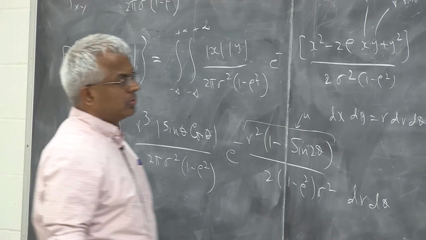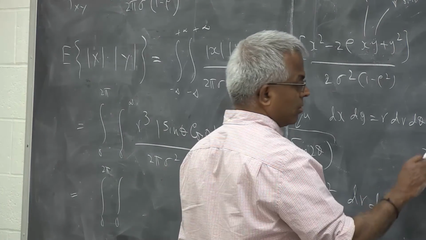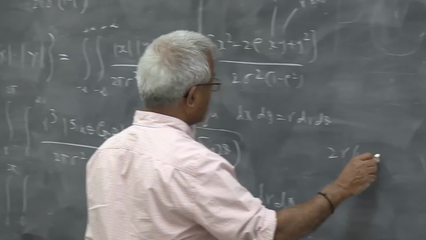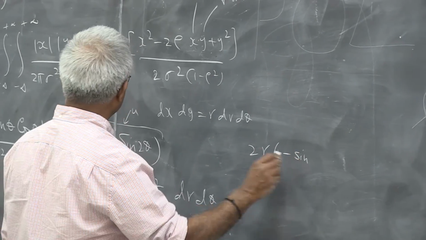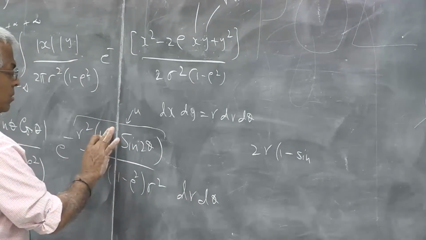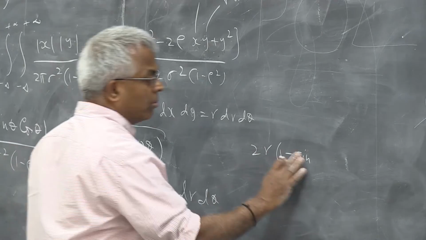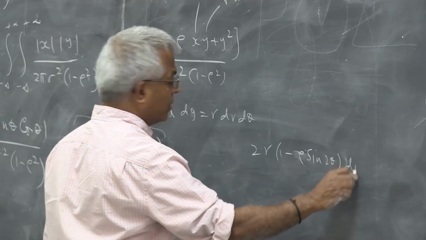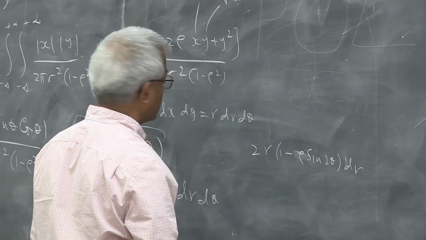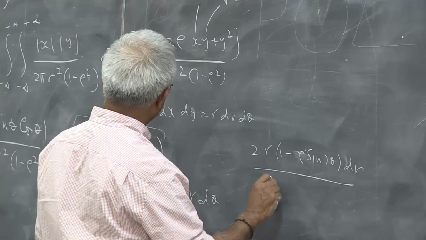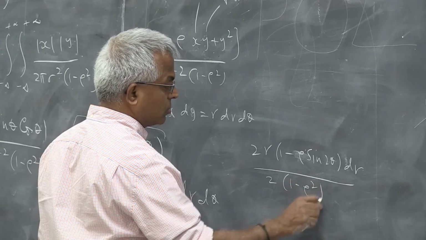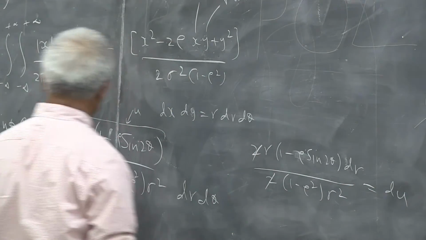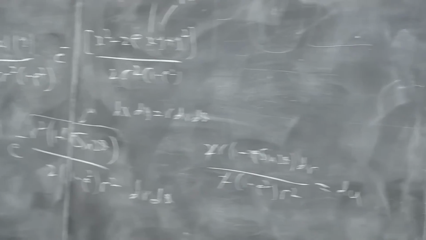So du is going to be 2r times 1 minus rho sine 2 theta, dr, divided by 2 into 1 minus rho squared sigma squared, equal to du. So this integral becomes